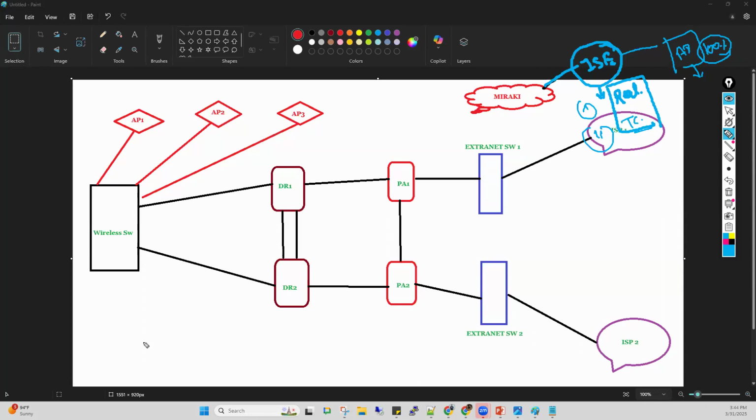So when this user connects their laptop and puts in the username and password, it goes to the AP in the form of a request. Everyone tell me, yes or no? Right? Guys, yes or no? Okay. What will the AP do? The AP will forward your traffic with the help of VLAN number 11. Yes or no? Yes, sir. Whenever the AP forwards the traffic towards the wireless switch